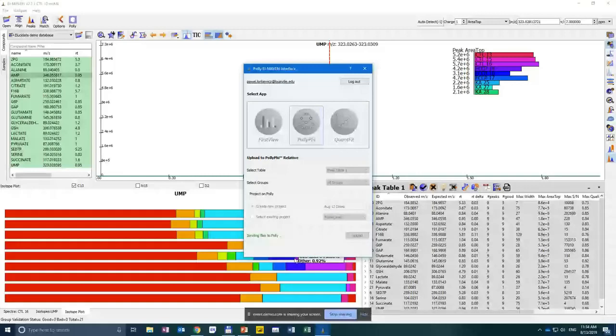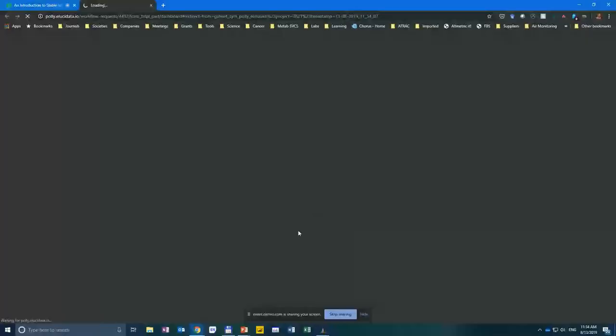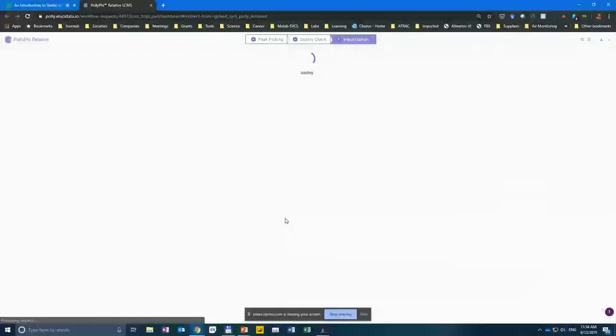This data can also be exported as a CSV file, as you can see in this peak table view, and can further be looked at in Excel. Actually, if someone wants to do some manual overview of the data, this is a very good feature, and you can certainly do that. So once the data has been uploaded, we just click Start Fluxing, and what happens is it opens the browser window